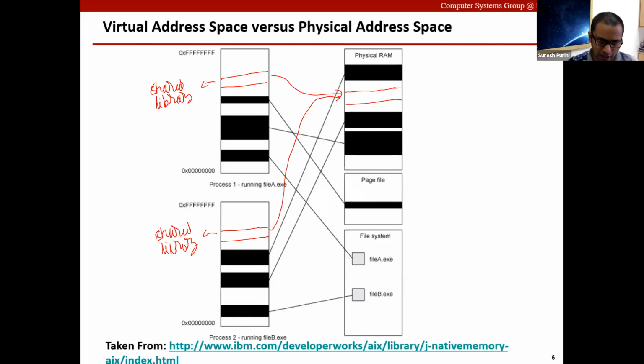Because if you do a ps -aef or htop, you will see there are many threads associated with different Chrome tabs possibly. And if the text section of all these Chrome threads shares the same physical pages, then we will save on the memory requirements that we put on the RAM on your system.